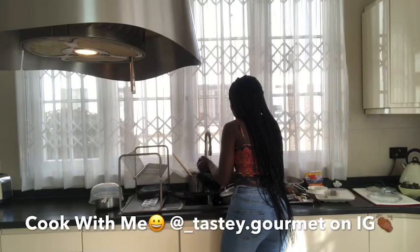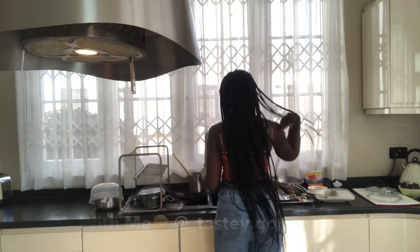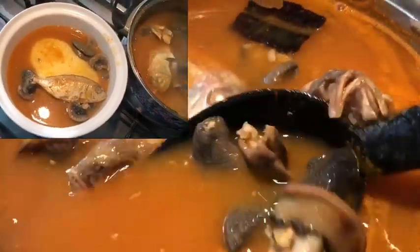Today we are going to be making Ghana light soup. It's a cook with me, so stay with me. Do not go anywhere. As you can see, I'm already doing my dishes. So I'm going to be showing you tips on how to keep the snails crunchy and the fish from shredding